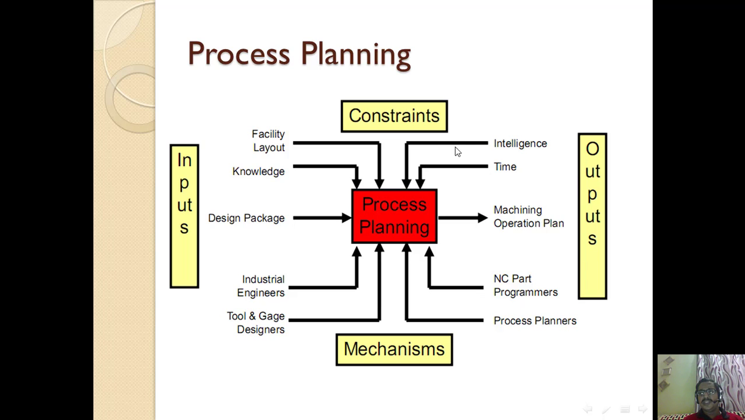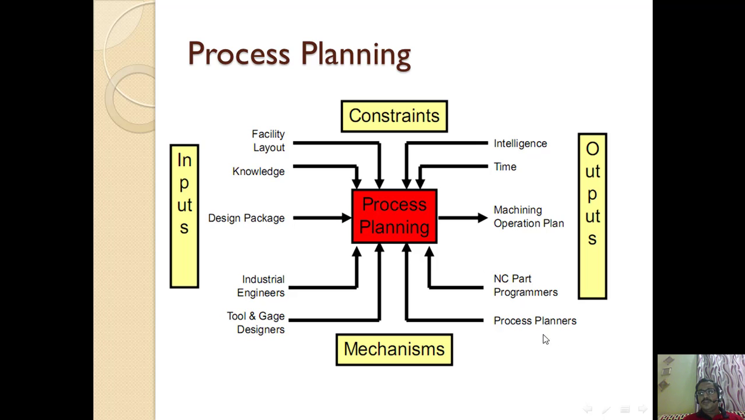Other inputs are intelligence. That means if any problem occurs, like a tool breaks, or, let's say, cutting fluid is not coming, what action should be taken immediately? This also has to be embedded in the program: if this happens, what action to be taken. Okay, and time, how much time is required. The part programmers also give certain inputs to the process planning, that if this is your job, this will be the proper part programming